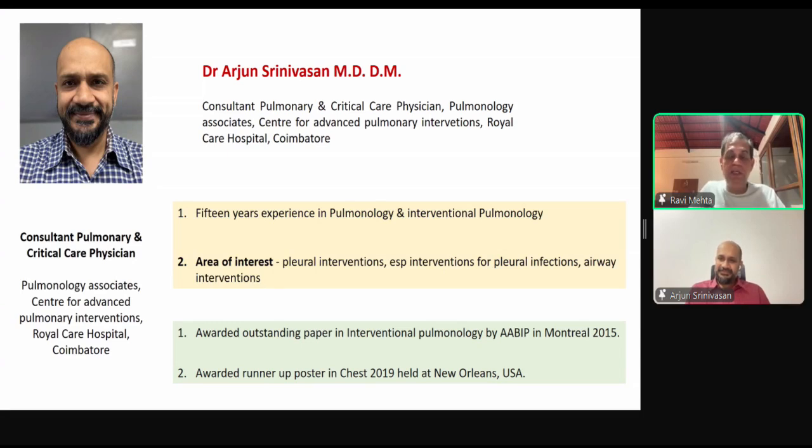So there are few people who can actually go above and beyond their training in a procedural field, and Arjun did that where he has not only mastered the intricacies of interventional pulmonology, but also superseded that by extremely challenging and forward-thinking pleural work, which is his forte, and he's known for that. Nevertheless, the regular intervention is part of his skill set, which we'll be taking advantage of today. He has many laurels to his credit, and Arjun, you will forgive me for not trying to extol them